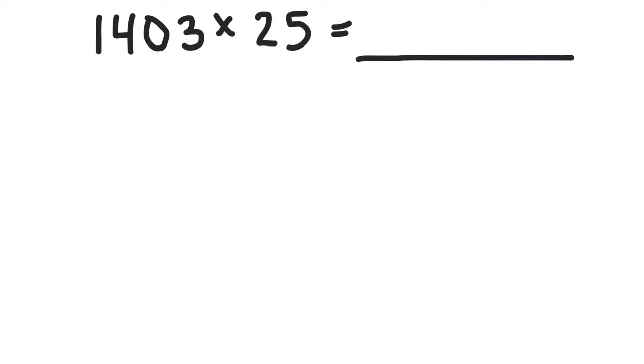You can also solve this problem by using the box method. You would just need to add another column because since it has 4 digits here, you would need to have 4 boxes going across. But if that's too many boxes for you, you can always do the standard algorithm just like this. So we will start with the